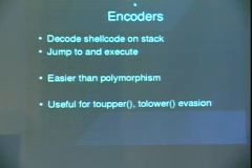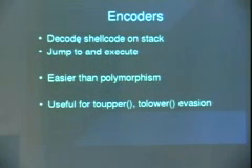Okay. So we talked about polymorphism. Now we'll get into encoders. Encoders are, in a way, you could say, a very, very simplified way of doing polymorphism on your shellcode. The problem is that your encoder is generally not going to be polymorphed itself, which is what separates encoders from polymorphic encoders. The general way that encoders work is they just push your shellcode to the stack, or however they want to get the address of it, and then they decode it while it's there,